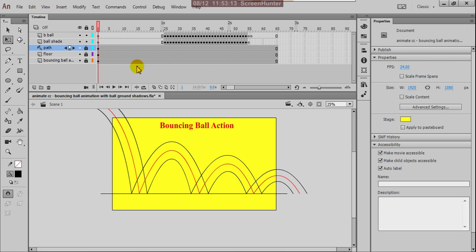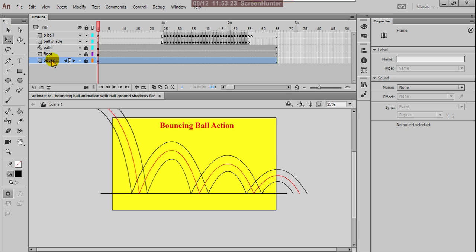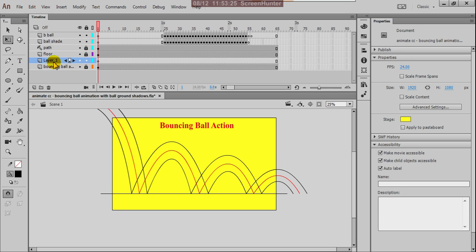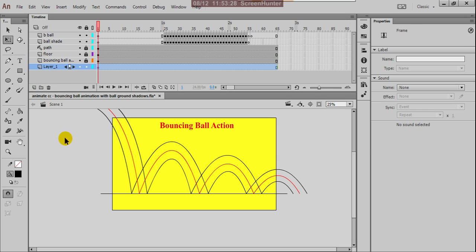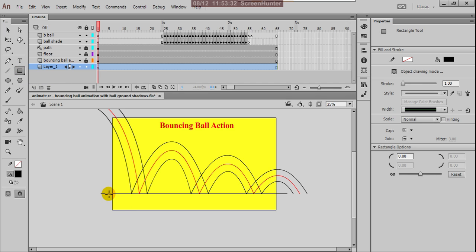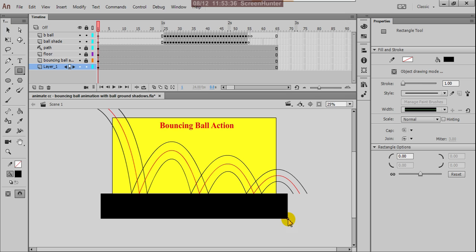Okay, right. So here I am using one background. I'm creating one layer here, so drag down. And with this is my shade.